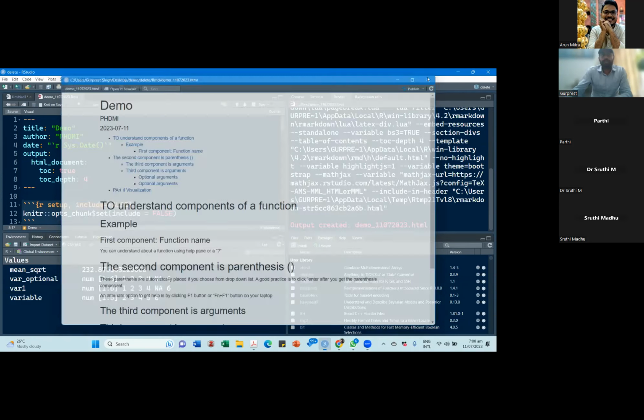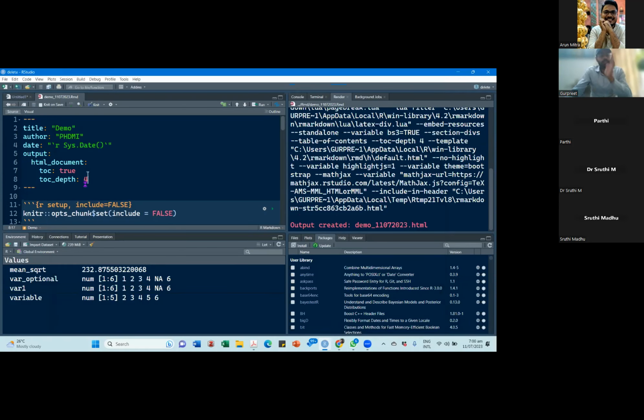Okay, some issue. That's why this YAML part should not be touched,